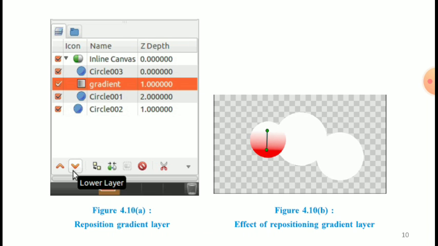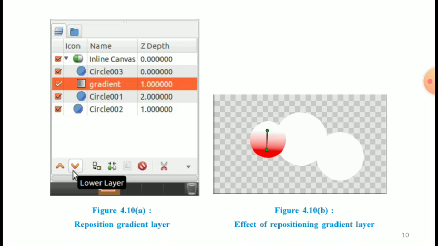In other words, we can say that the gradient layer has an effect on only the layers that are below it in the encapsulated area. Figure 4.10b shows the effect of this repositioning. So the first, figure 4.10a, is the repositioned gradient layer, and figure 4.10b is the effect of repositioning the gradient layer.